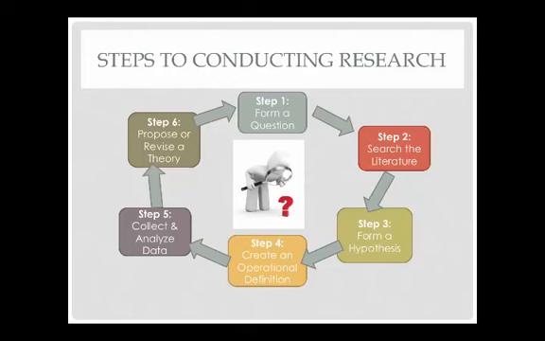Now, once a researcher finds a topic that they're curious about or interested in, then they need to take a look at what other researchers have examined. What other studies have they designed and implemented? So how we conduct a search on a literature review, basically what we want to do is take a look